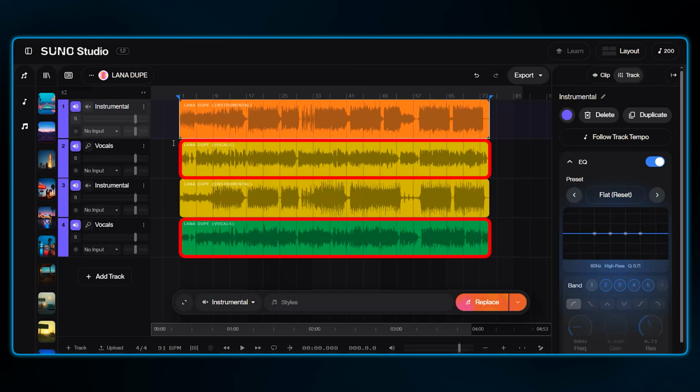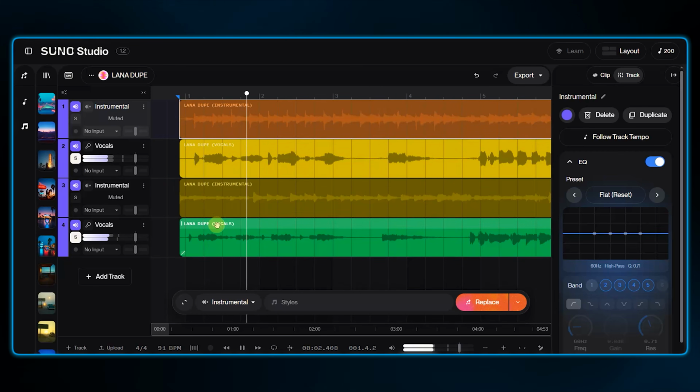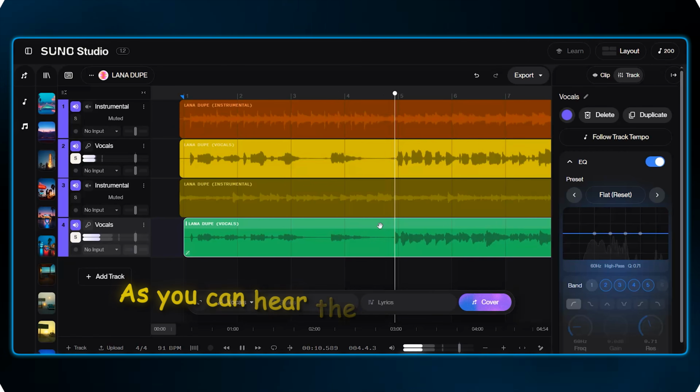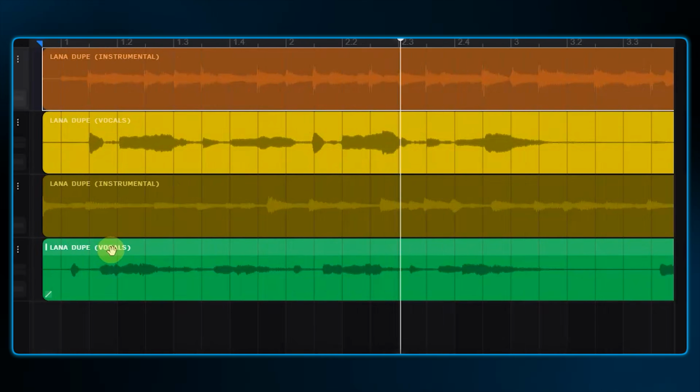Okay, now let's hear the 2 vocals together. As you can hear, the vocals are slightly out of sync there, so I'm gonna align the male vocal stem